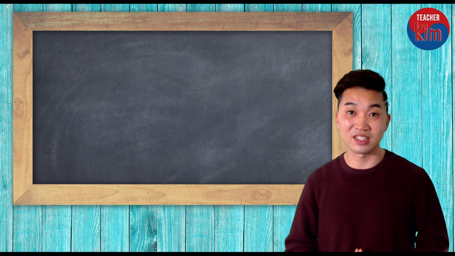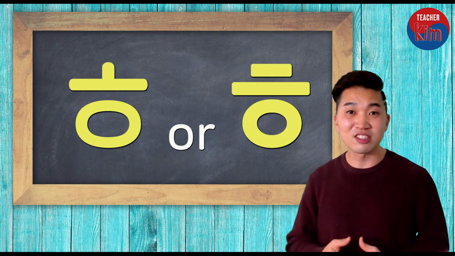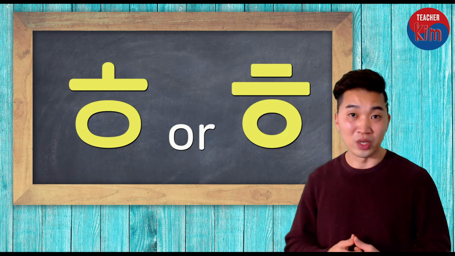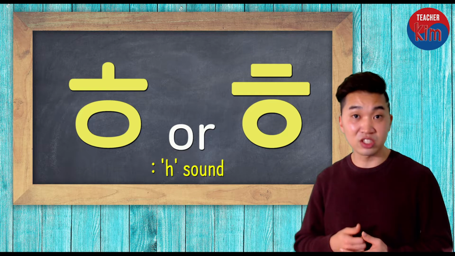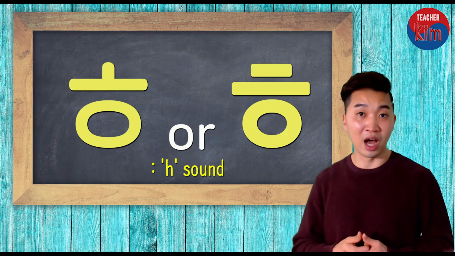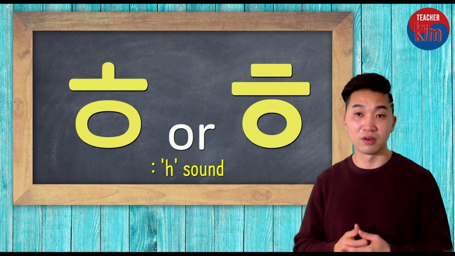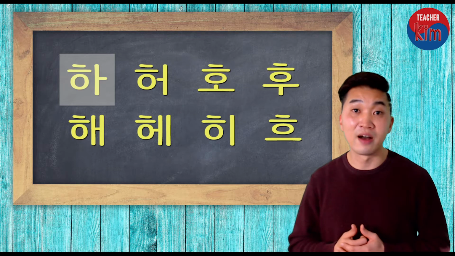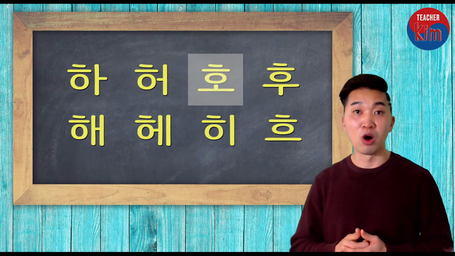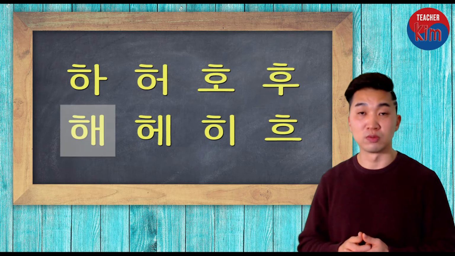Let's move on to the last consonant for this lesson. It looks like a circle with cowboy hat on top. And it sounds like H when you say hello or house. Exactly the same sound. Okay, if I attach this consonant to the basic vowels, it sounds like ha, ho, ho, hu, he,